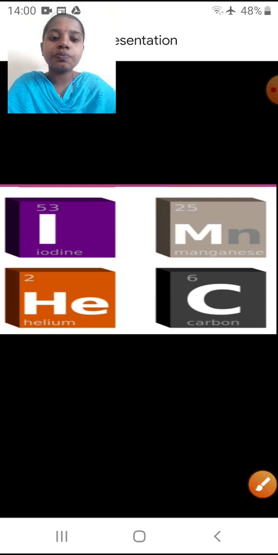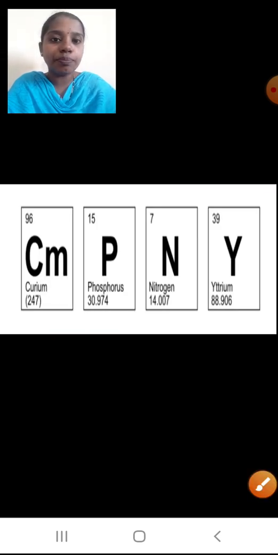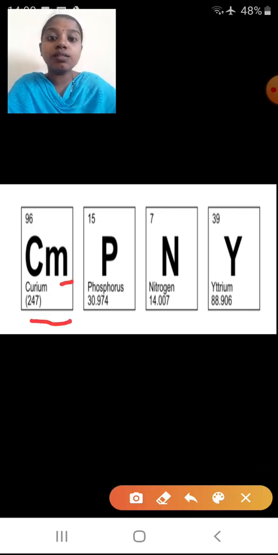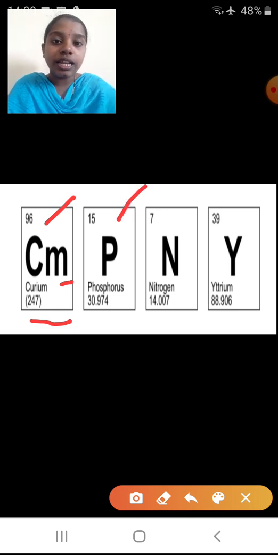Okay. Now see here, more examples I have given. Cm, that is curium. Why have we not written only C? Because for carbon, as we have seen previously, it is C. So if I write C for both, will it get confused which element it is, right? So here you can see, for this I have written Cm. M is the small letter, C is the capital letter. Okay, now phosphorus. Phosphorus I have written as P. Now you know potassium is also there. Potassium, do we write P? No, we write it as K.